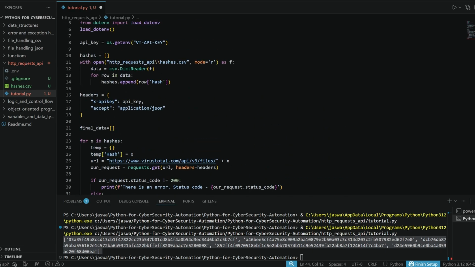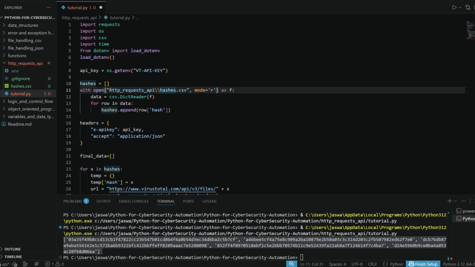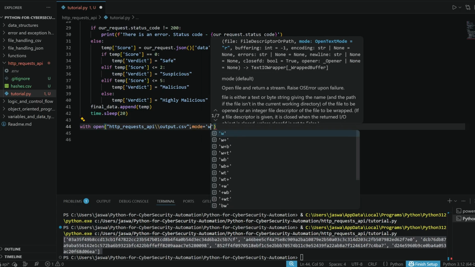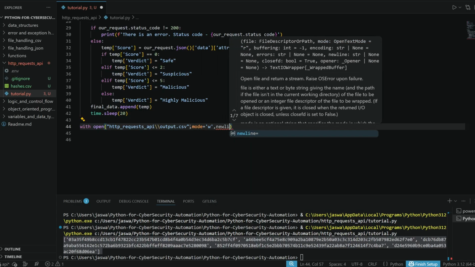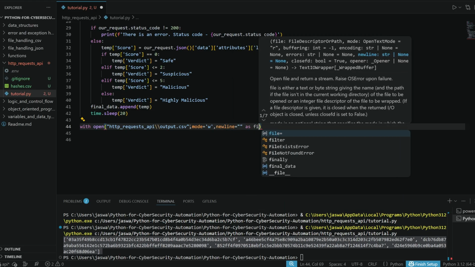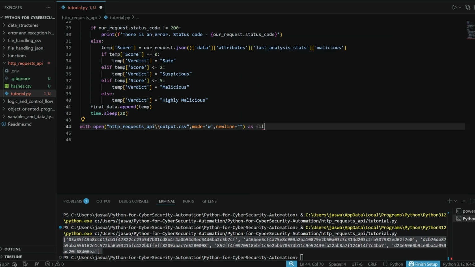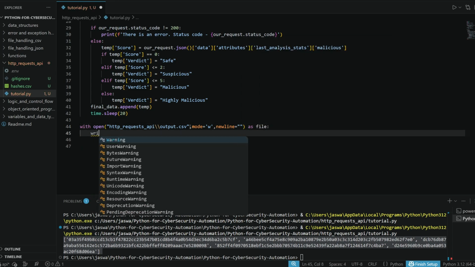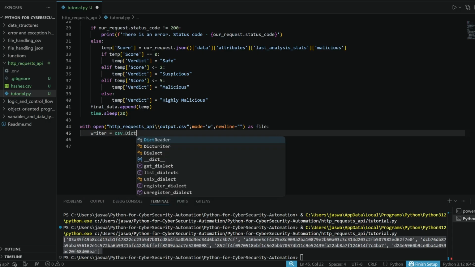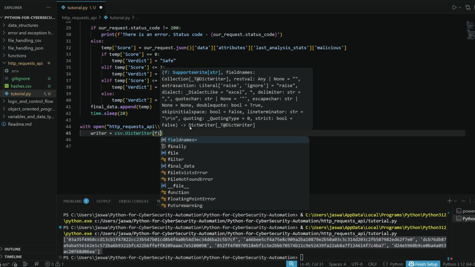Now to end this code, we can create a new file inside the same path, which is this one. Let's name it output.csv. We want it in write mode, and we want to do new line as blank, as file. We want to declare a writer variable, which will do csv.DictWriter. The data where to write is file,